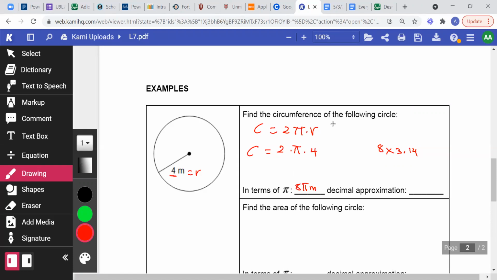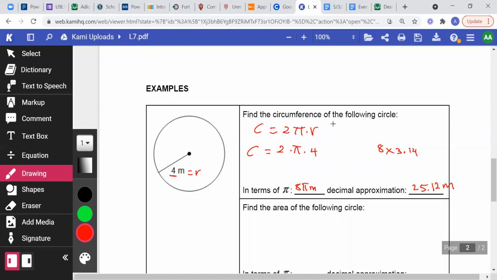Can you help us, Tyler? 8 times 3.14. Okay, that's going to be 25.12. Is there any other digit behind? Okay, 25.12